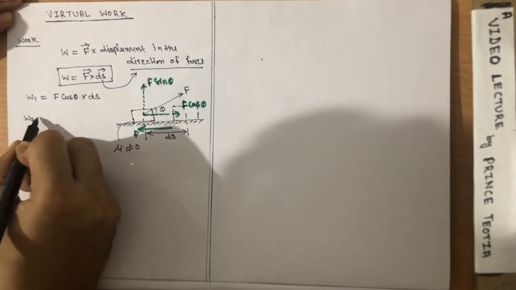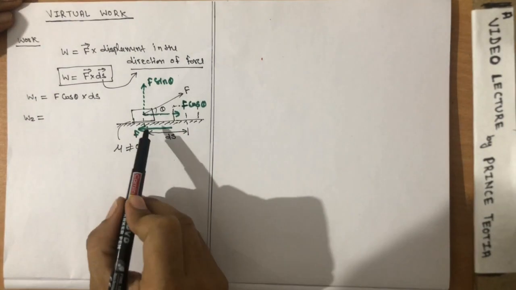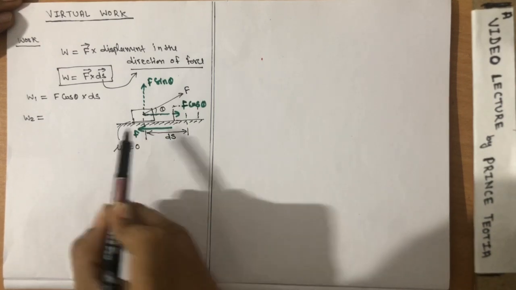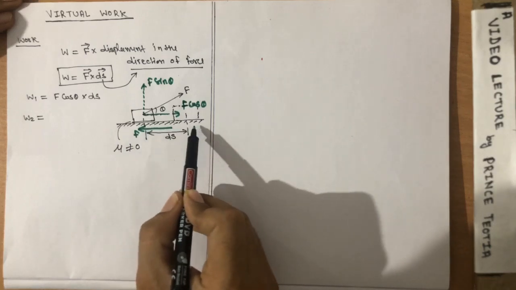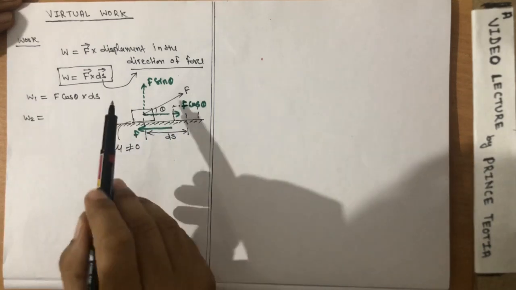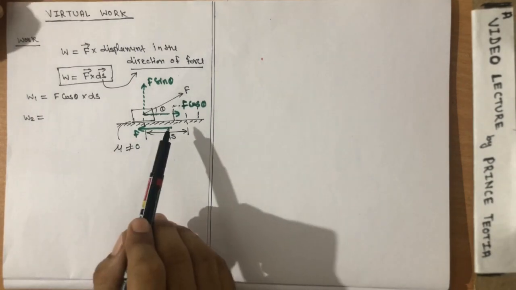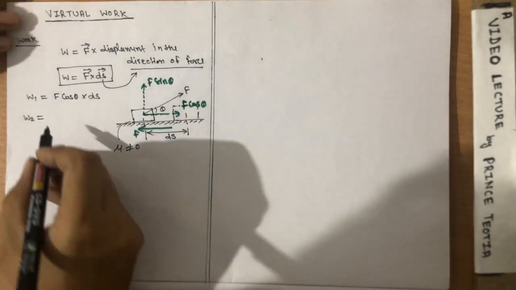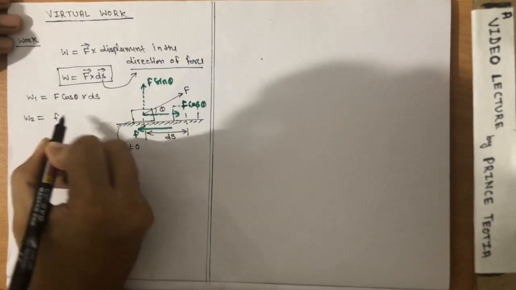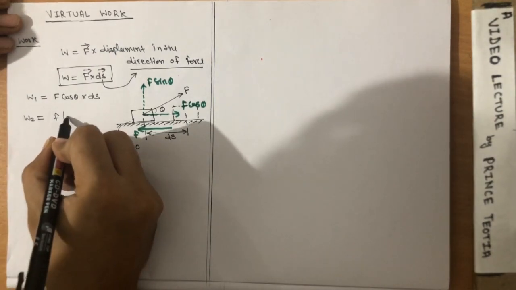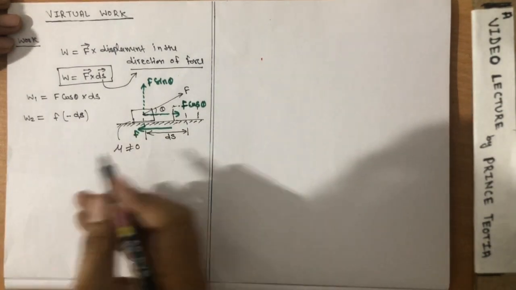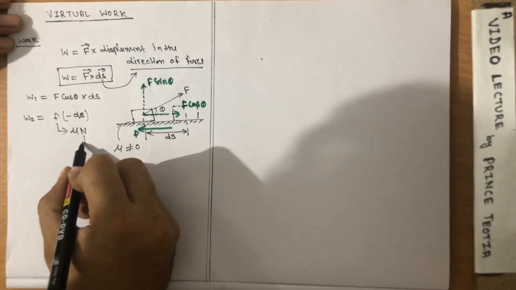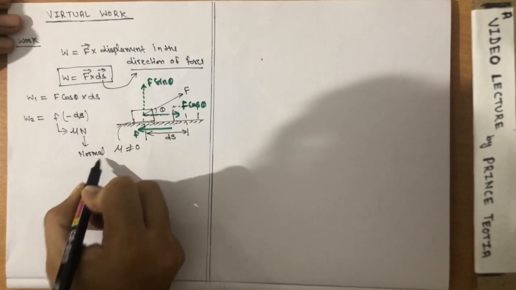but in this system there is a negative work also due to the friction. Suppose that is W2. So this is the second force. This is the force in this direction, and we know the displacement is in the opposite direction. So the work will be positive if force and displacement are in the same direction. If these are in opposite direction, then the work will be negative. So this is negative work. F is a friction force and minus ds, and you can find out the F, that is mu N. N is the normal reaction.